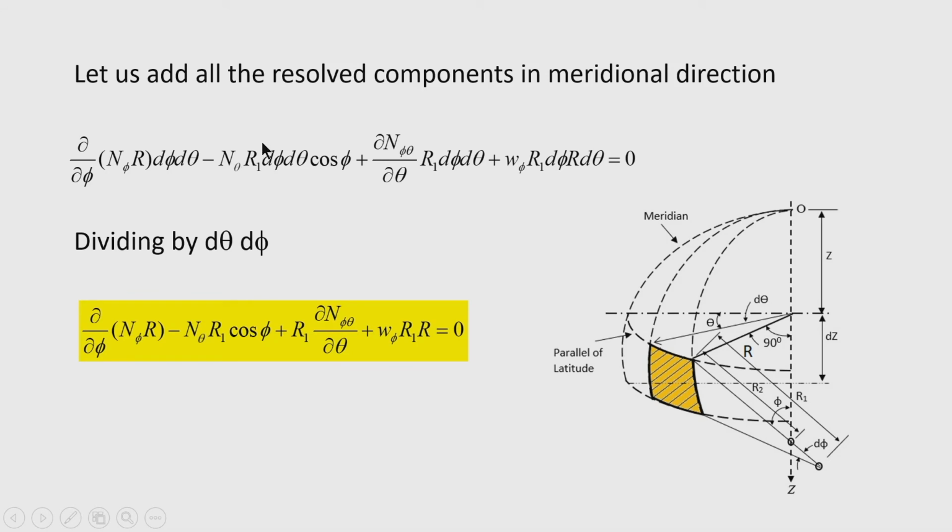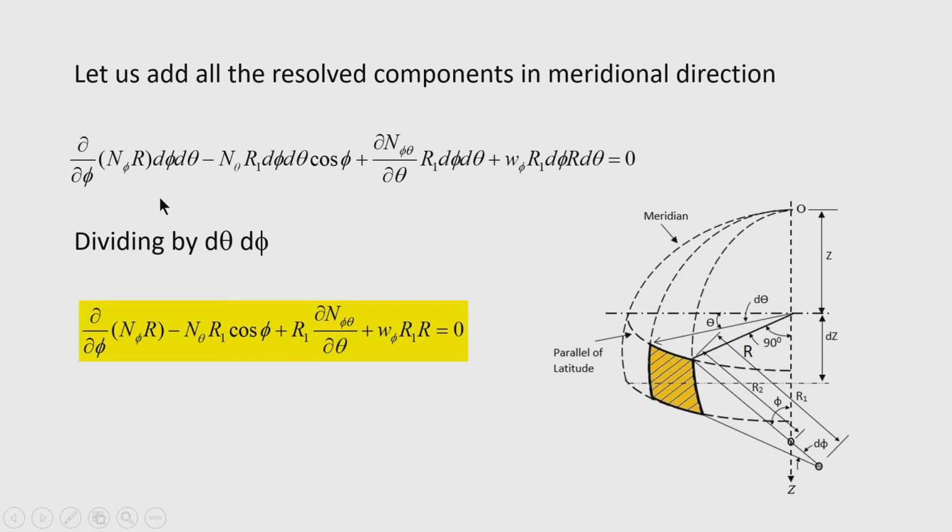all the components along the phi direction and we get this equation: del by del phi of n phi r del phi del theta, that is one component that we have found out earlier. Similarly, we have taken the other components: one along the phi direction, another the component of n theta along the phi direction, then the component of n phi theta along the phi direction, and the component of the external load. After cancelling the common term d theta d phi,